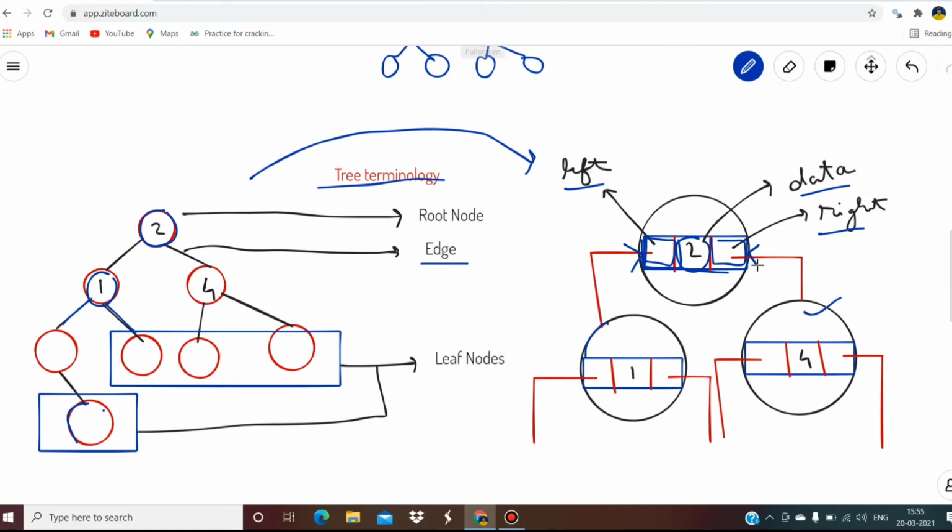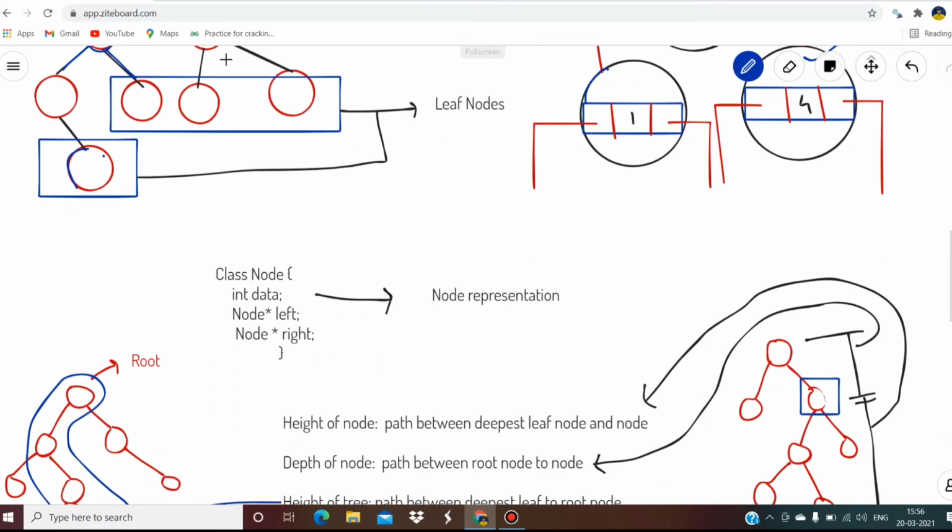So binary tree is a type of tree in which each node at max can have two children. So basically there is a node and it can have at max two children, or it can have one child, or it cannot have any children. So this type of tree is known as a binary tree. Okay,